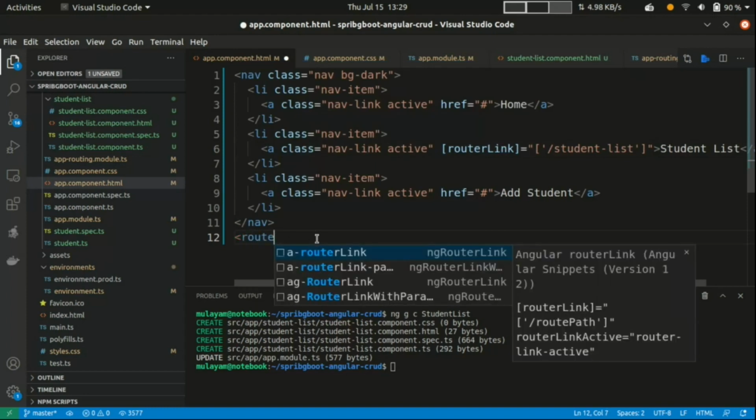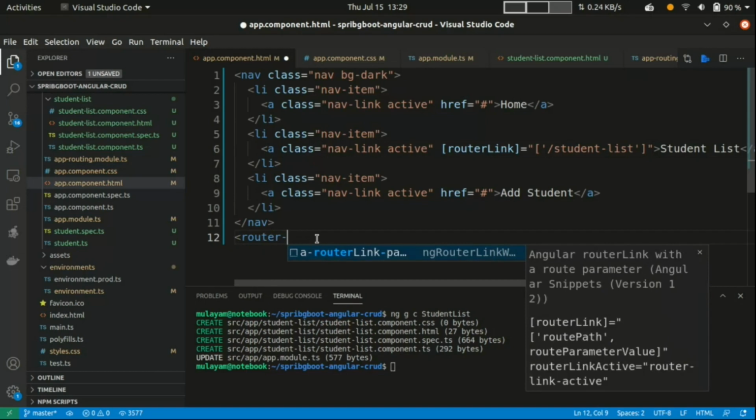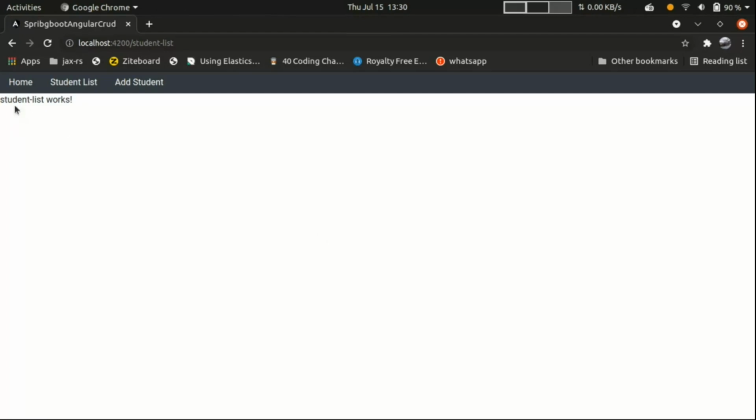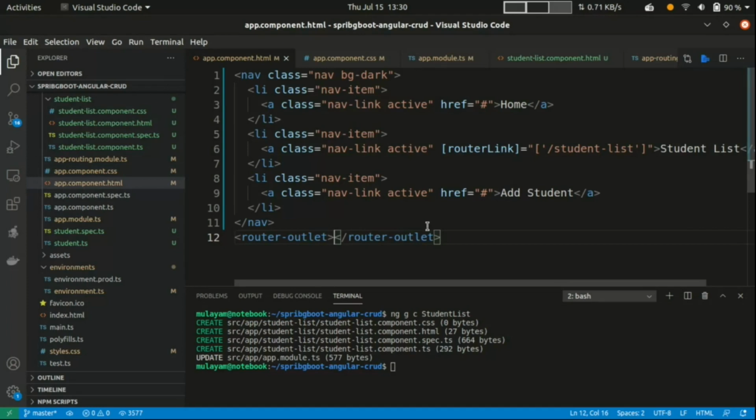Then I can write here router-outlet. So if I click any link here, the content of that component will be loaded between this. Now we can see if we click here and if we click here, student list works. In the same way we can create it for add student, but let's load the student list first.